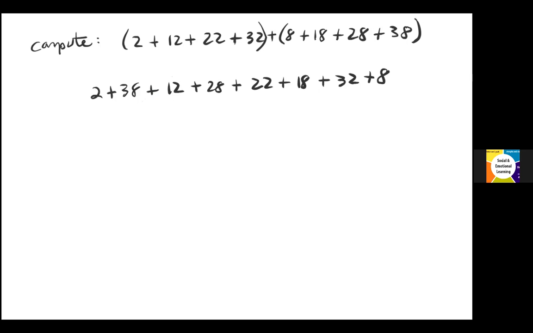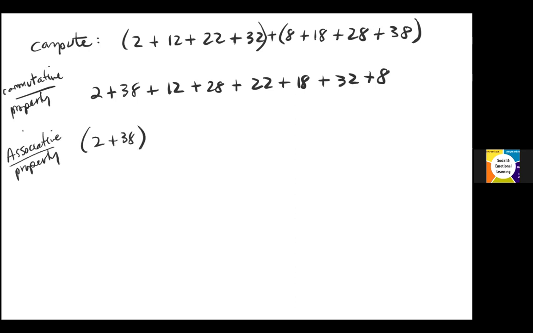So this is the commutative property. It's going to let me change the order. And then the associative property tells me, okay, now I can add them together in this order, 2 at a time